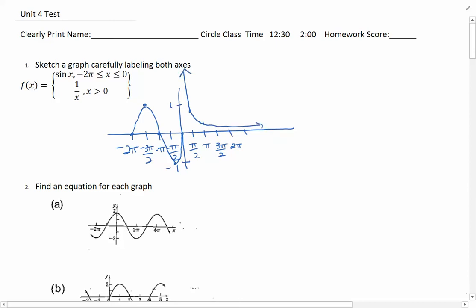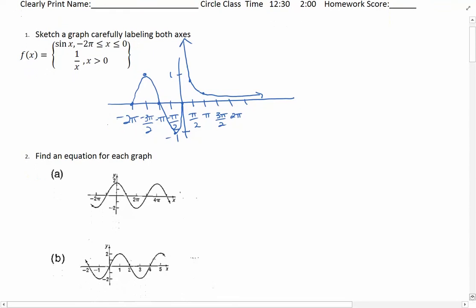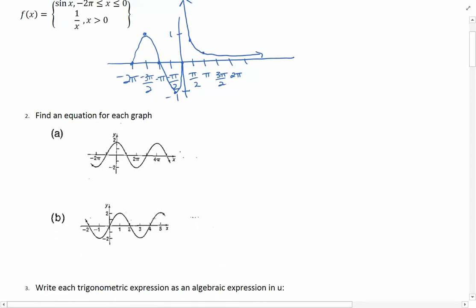Okay, now on the next problem, there were several answers for this problem, but hopefully you just didn't deal with the phase shift. You just dealt with these as non-phase shifted. And so if I look at this graph, I can see that it looks like a non-phase shifted cosine. The amplitude is 2. The period